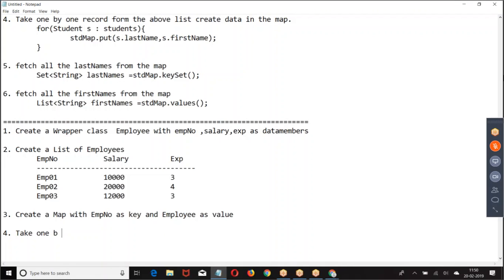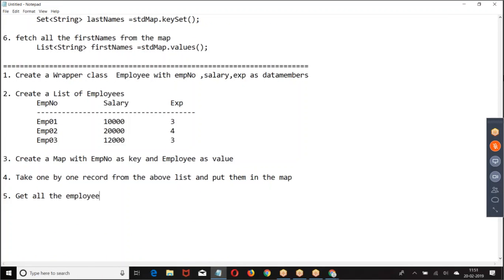Take one by one record with all the employees.